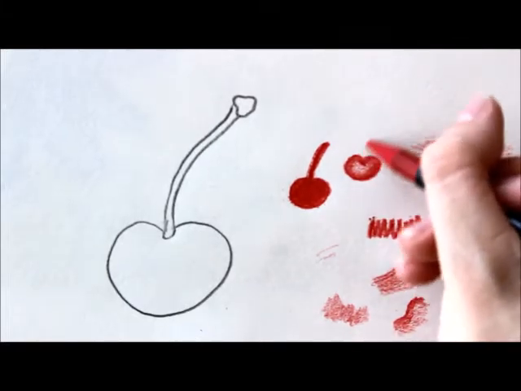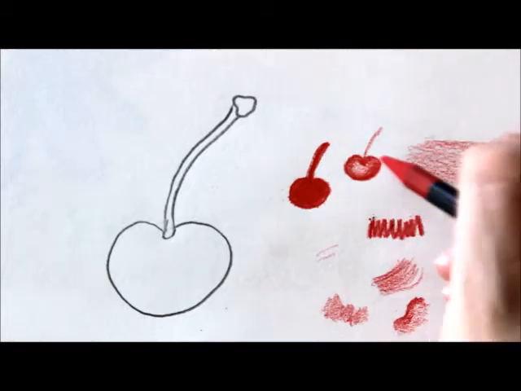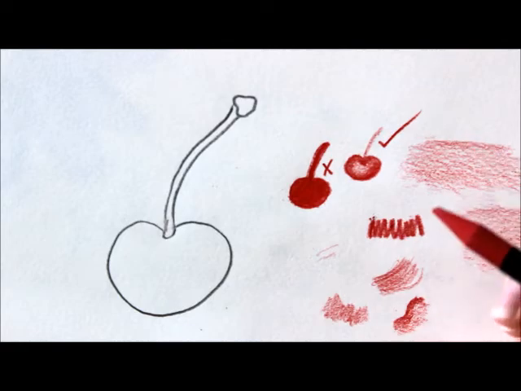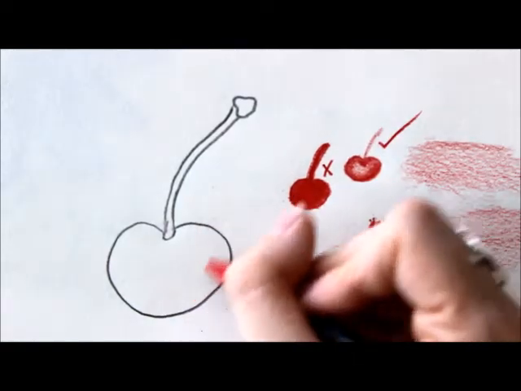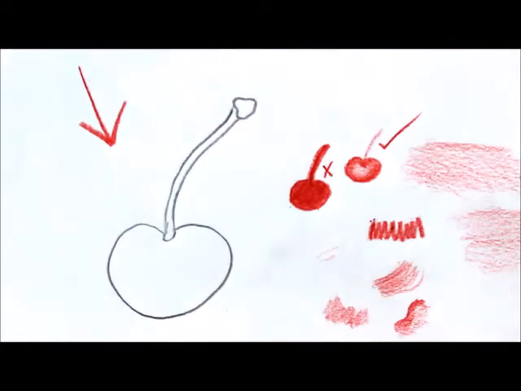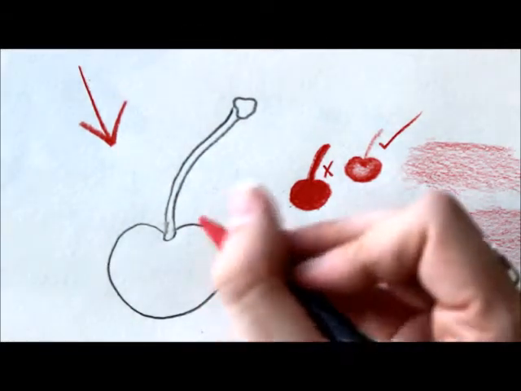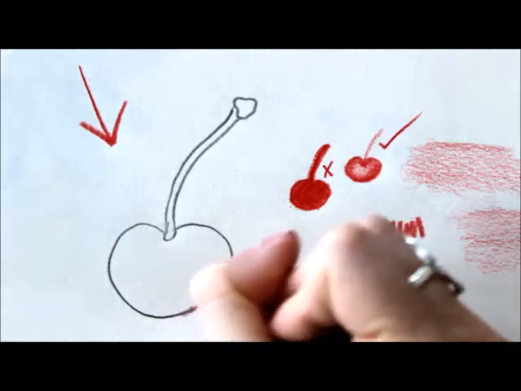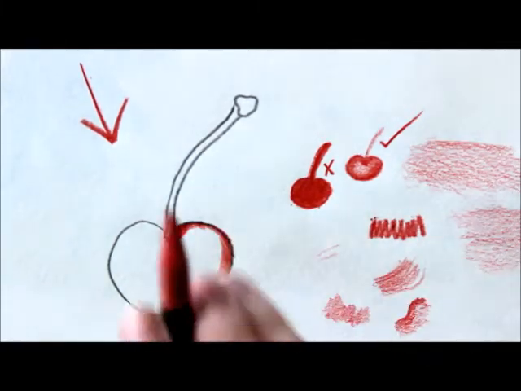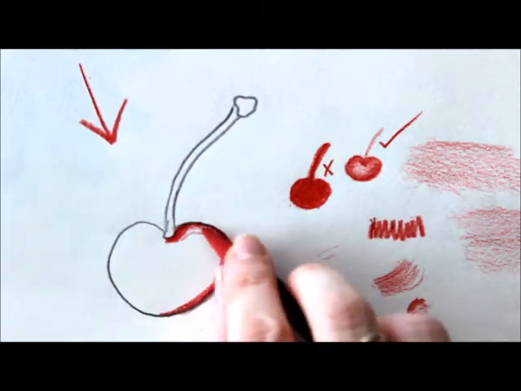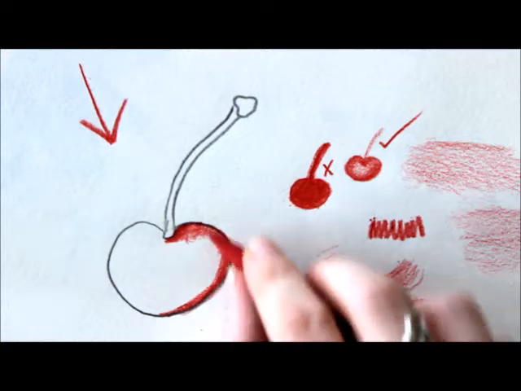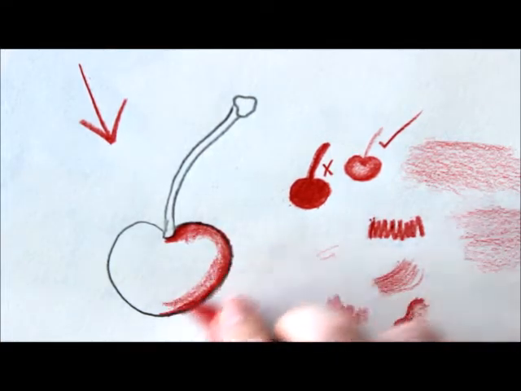Now you can already see, let's just pretend that's the correct color, the difference between my really bad cherry and my really nice cherry. So what I would like to do is, first of all, determine where the light is coming from. I'm going to say the light is coming from that top corner, which means that the shadows are going to be on the opposite side. But as I get to filling in more space, do you see how I've changed the grip on my pencil to now have more rounded,